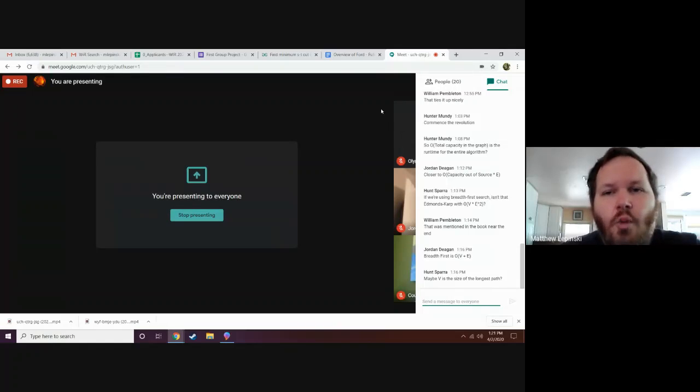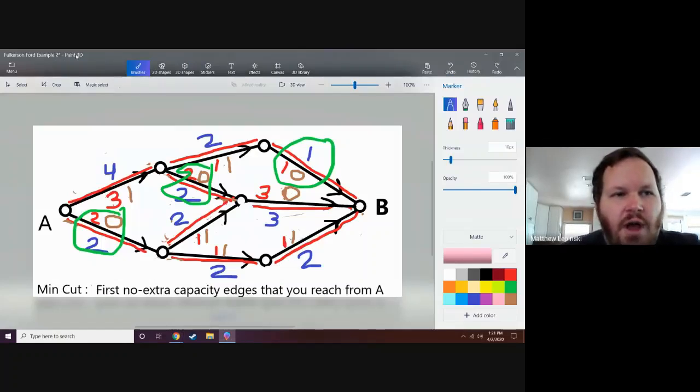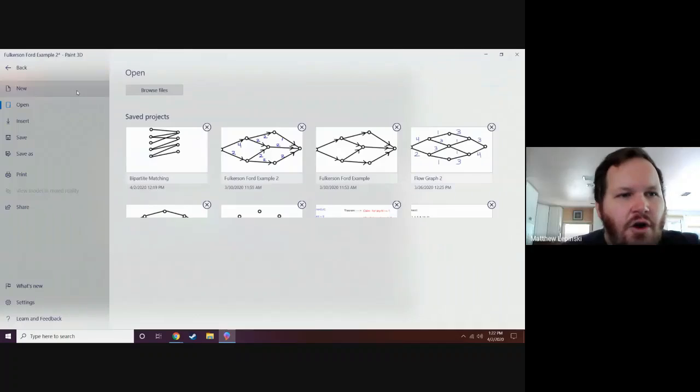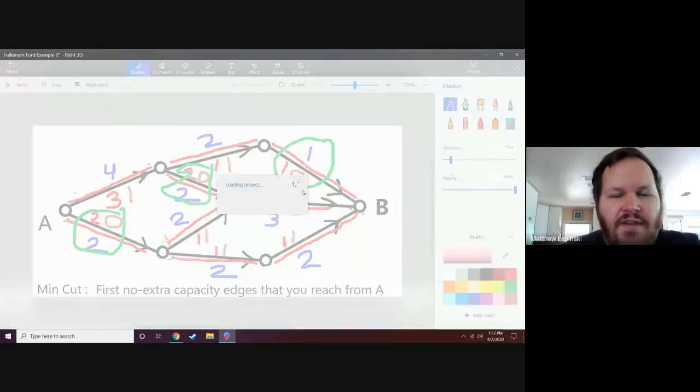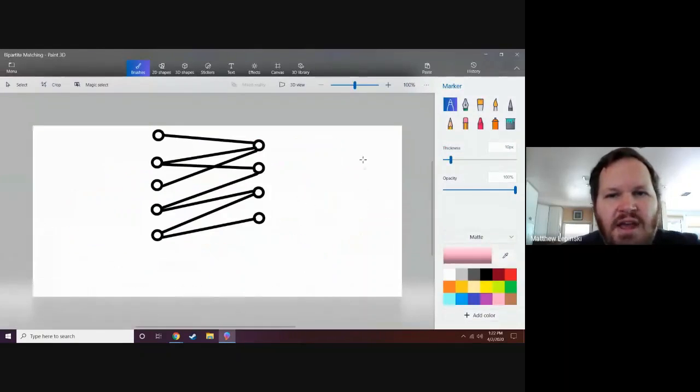So there's just one more thing that I wanted to introduce you all to today, which is in the category of max flow, a really cool concept that you should be aware of. And so I wanted to end today with a completely different problem. And this completely different problem is